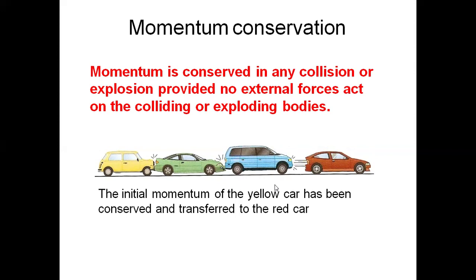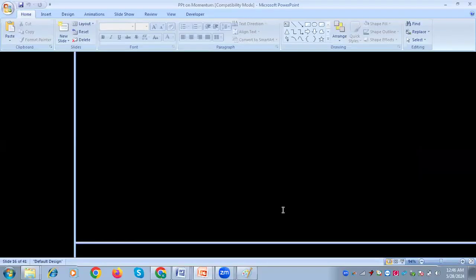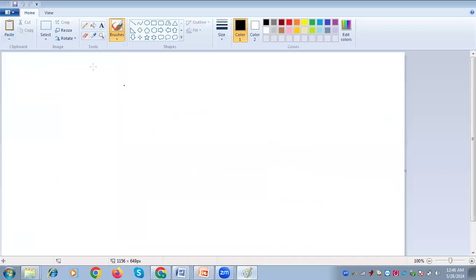In order to tell you about the law, I will give the example of two bodies which are in motion. Suppose this is body 1, with mass M1. A body in motion of course has a mass, and since it is moving, it has momentum. Suppose it is moving initially with velocity u1, which may be 2 meters per second.